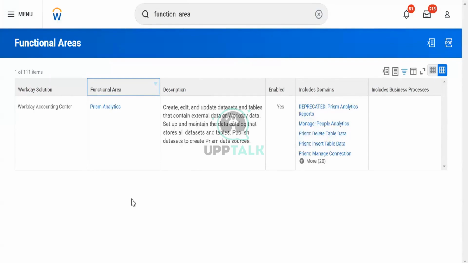These things are basically looked after by the person who is the data administrator of the whole data flow of Workday. That person will look after the data, or a security person, if there's a security consultant dedicated to the organization. They look after these security rules. Basically, a few years back, Prism and